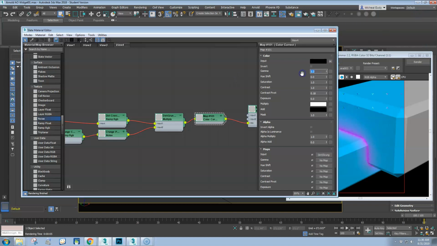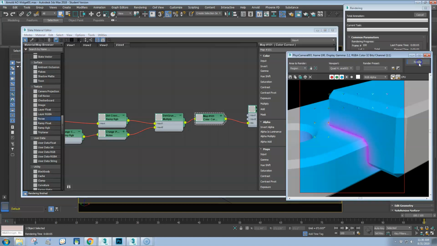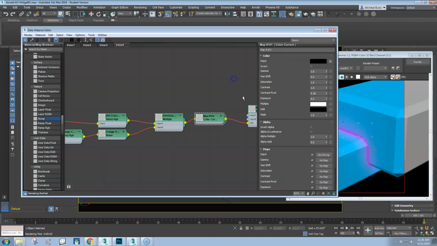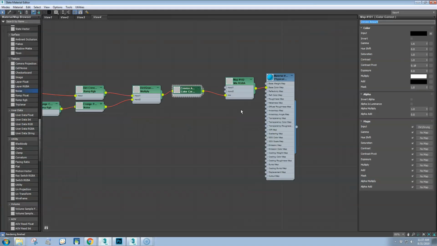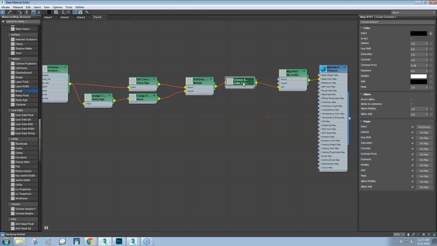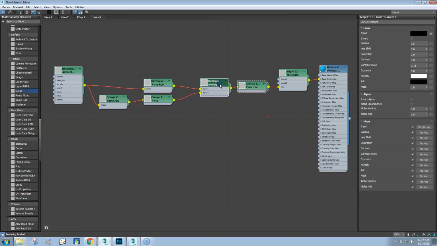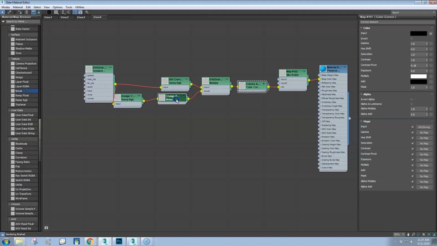Let's go 1.6. And I can just keep lightening it up. So this is crevice amount. Okay, so there are my controls for